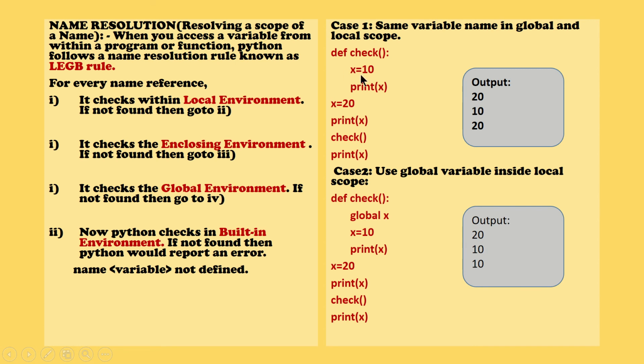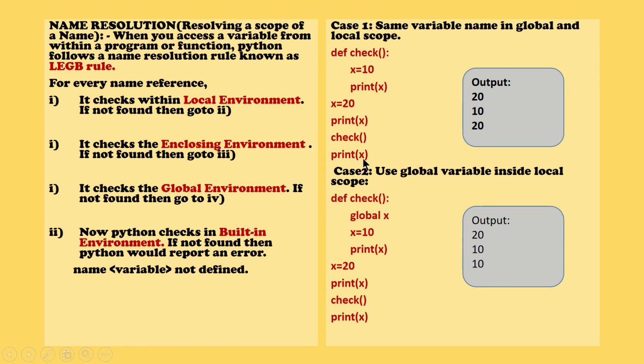Whatever value x you have created in the local scope will die immediately when you come out of the function. So this local variable x will no longer exist when you come out of this particular function. So how do I resolve the variable here? When you look at the global environment, this is the variable in the global environment. So this variable cannot be accessed here in the top level statement.